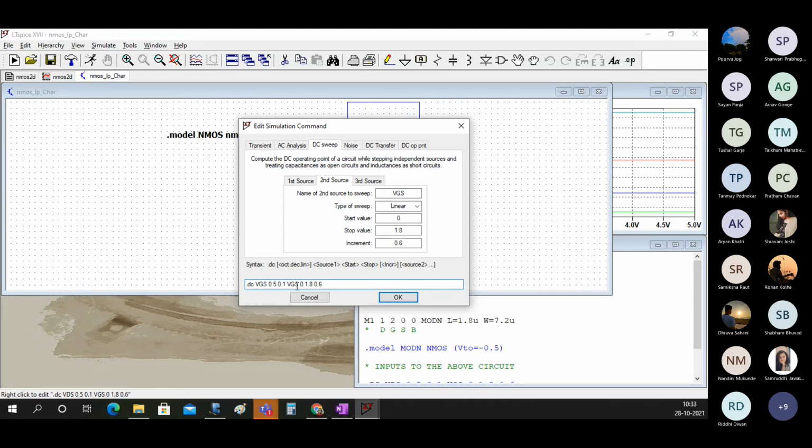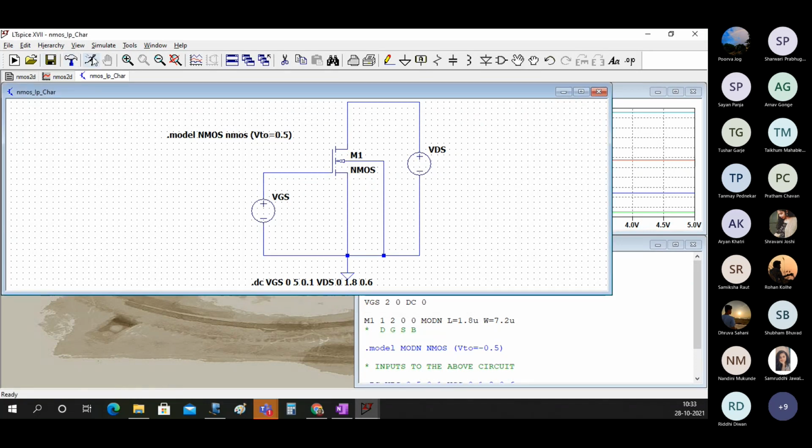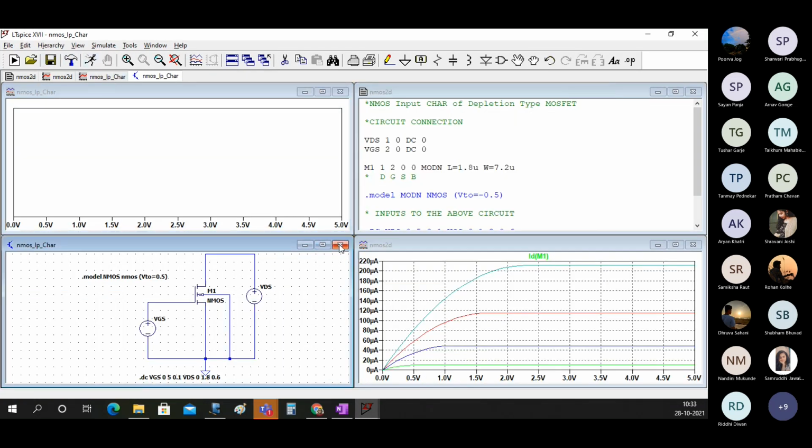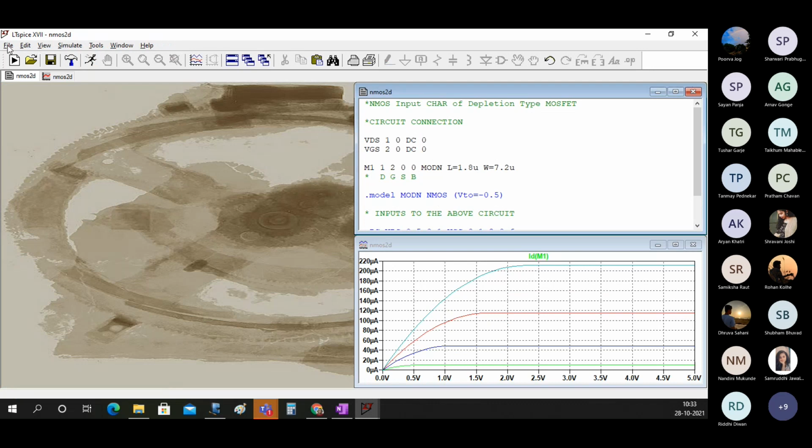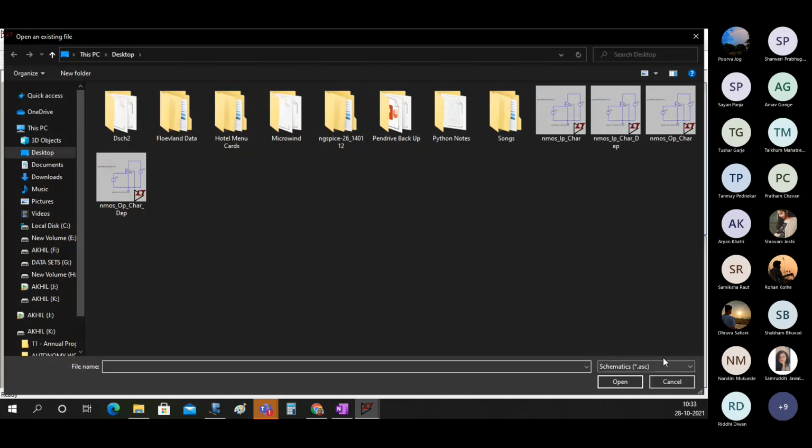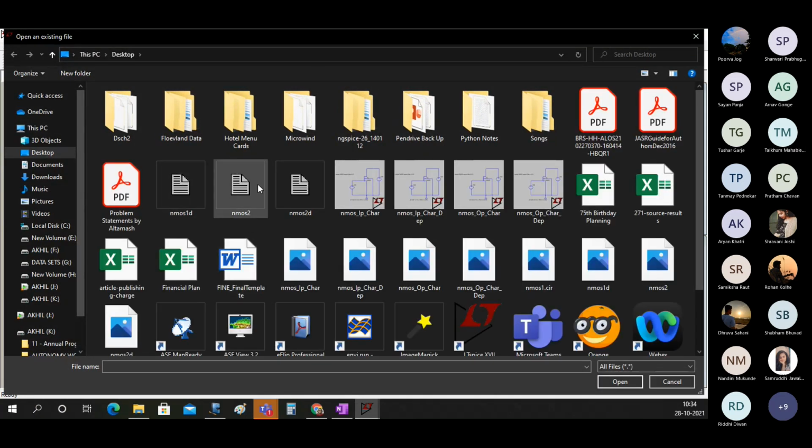Yes, here we have. You can open anything. You can open the schematics, or you can open the LT Spice file.